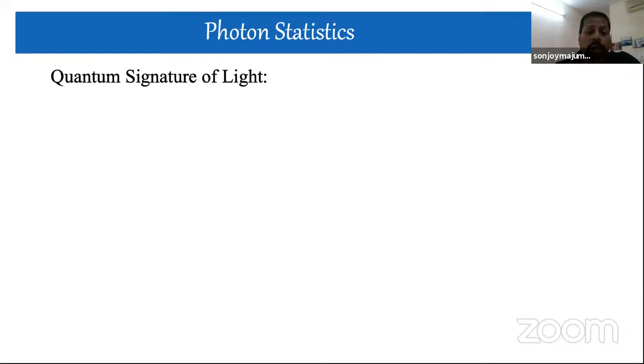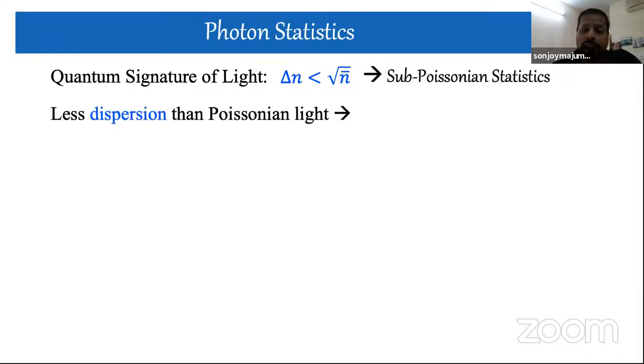Okay. And in the case of sub-Poissonian cases, what would happen, as we have seen that the fluctuation is less than the square root of the mean value, or, another way to say it, the variance is less than the mean value. So for this experiment, what should we look at? First of all, this kind of light will have less dispersion compared to laser light or Poissonian light. And once you have less dispersion, that means the light will be more stable.